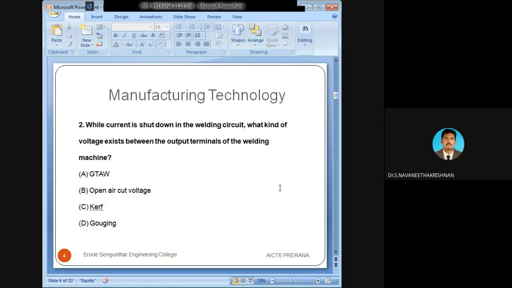We need an electrical current to produce an arc in the arc welding process. In the arc welding process, we need electrical current. At the time of welding, if the electrical current is shut down, which voltage will exist between the output terminals? The answer is